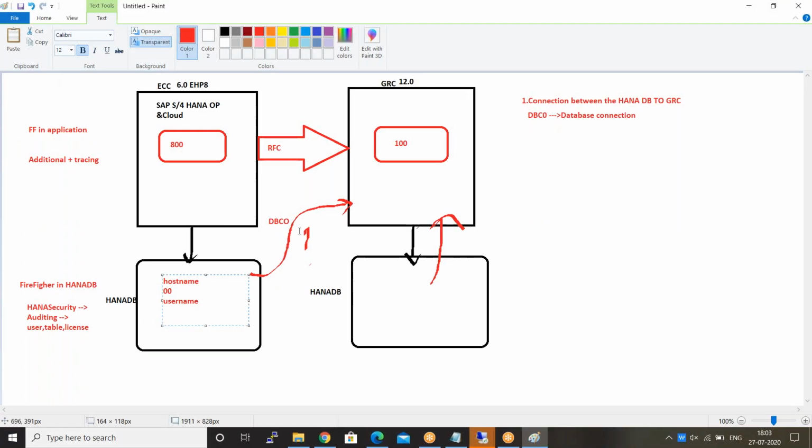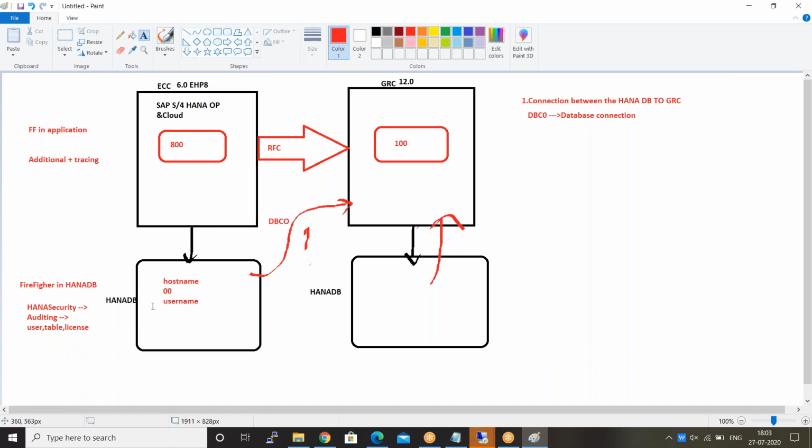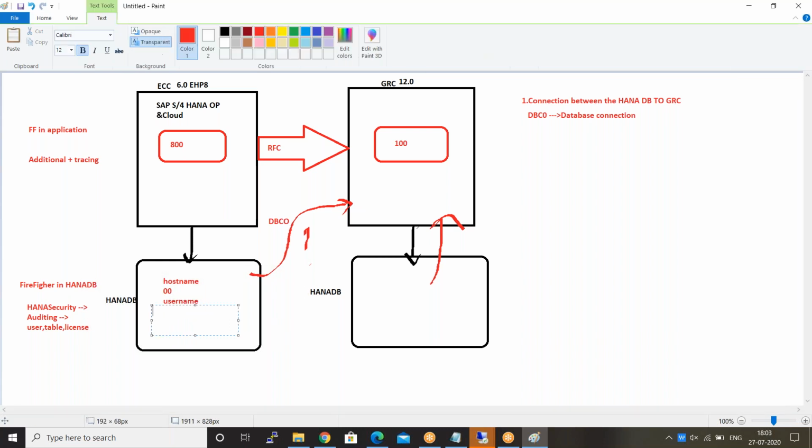So now the steps were done successfully. The next one, I'm doing firefighting. Before firefighting, where do you create the firefighting? I want to do the firefighting in Viva. When you do firefighting, first of all, as I told you in GRC, you want to check whether audit is enabled or not in HANA DB. First of all, I am checking the HANA connection. It is done. Next, I can go for the audit configuration.